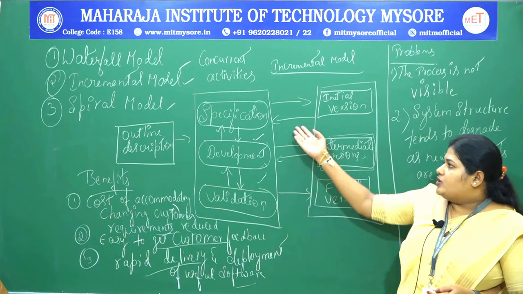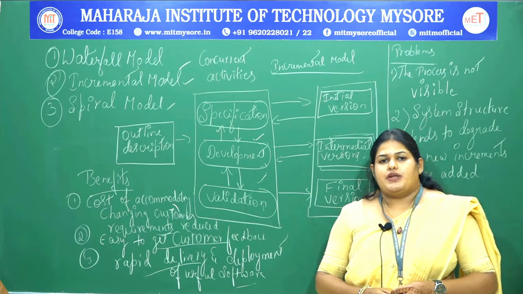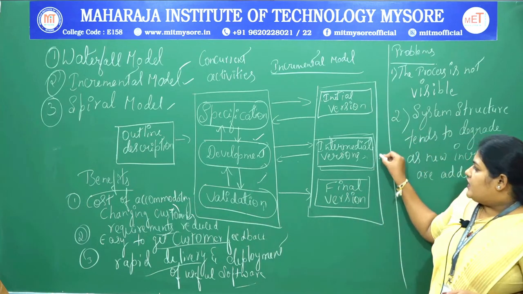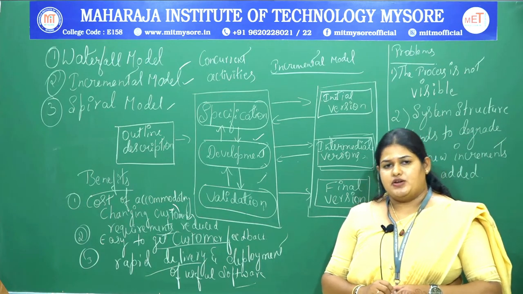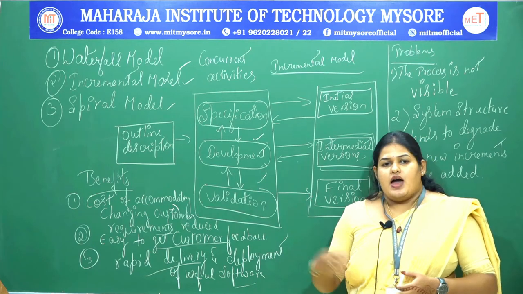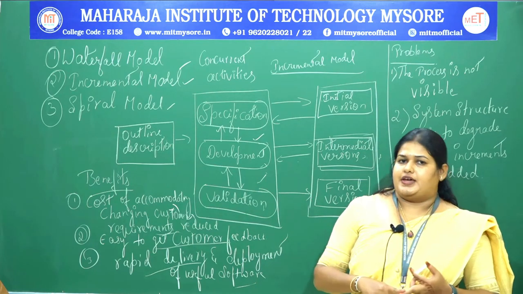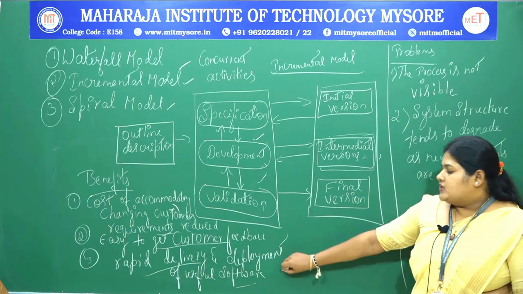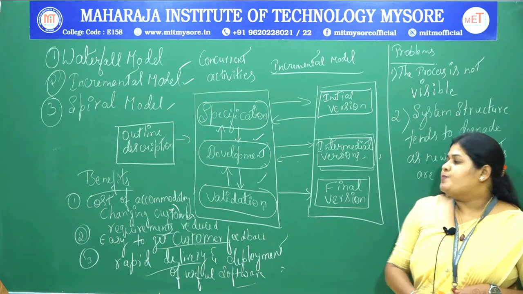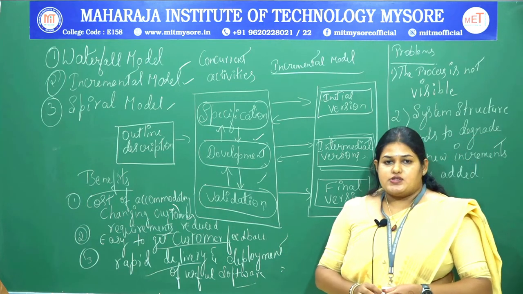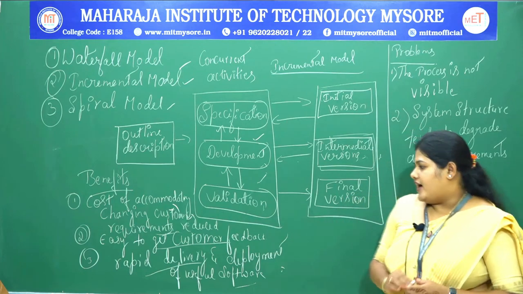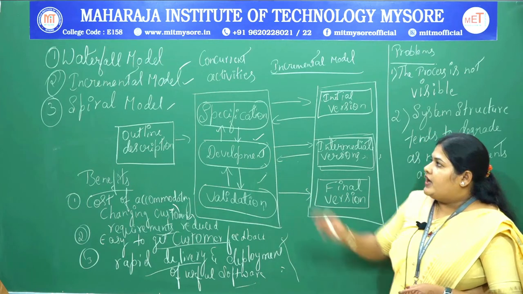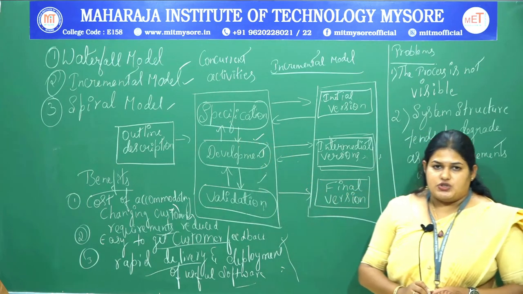The customer need not wait until the whole product is completed. Even with the intermediate version, there are chances for the customers to give feedback again. Hence this is where rapid delivery can be performed as well as the software deployed. Likewise, we can use this software engineering process in such a way that it gives the requirements on the basis of the customers. Hence, this is the incremental model we are dealing with.